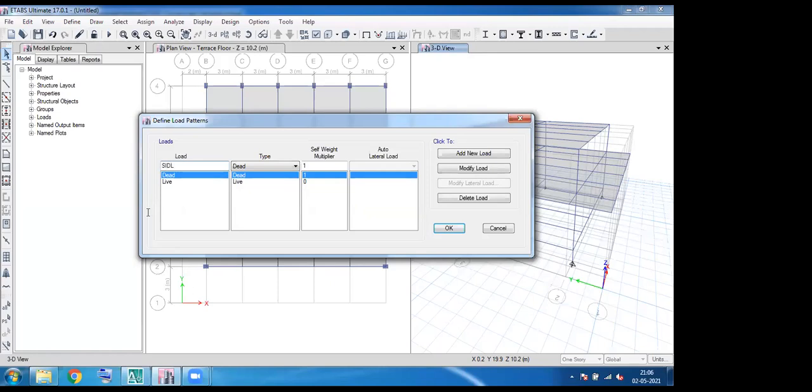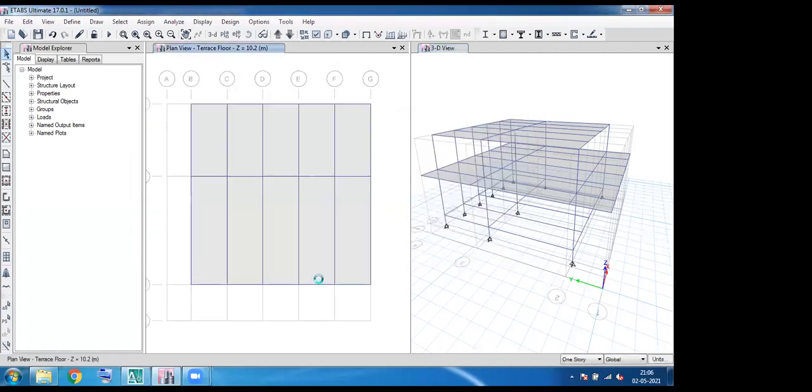SIDL is nothing but superimposed dead load. Whatever load other than the self weight we add to the structure as a dead load, we name it superimposed dead load, and the load type will not be dead, it will be superimposed dead. Okay, add the new load and click OK.